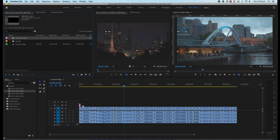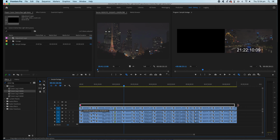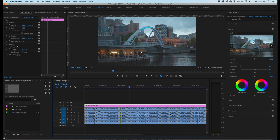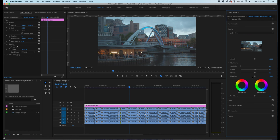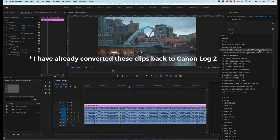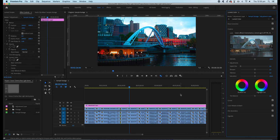I'm just gonna demonstrate using LUTs on this footage as well. So I'll just pull an adjustment layer across the whole thing, make sure I select the layer and not the clip, go across to our color tab, still got layer selected. And down under the creative tab, I've installed a few different LUTs. So Canon makes some of their own, which are useful to use. So I've just pre-installed the Canon Log 2 and the Canon Log 3 LUTs that convert from that gamma setting to wide DR. So since I've got everything currently in C-Log 2, I'm just gonna chuck that one on and